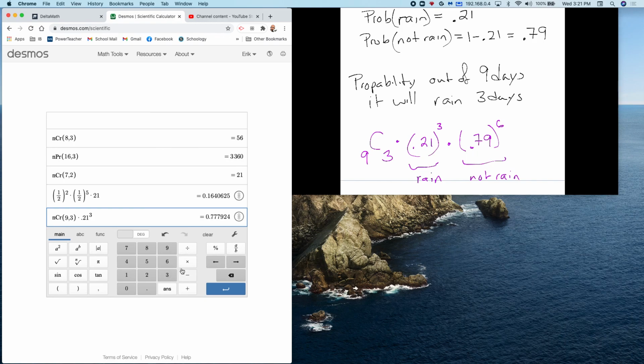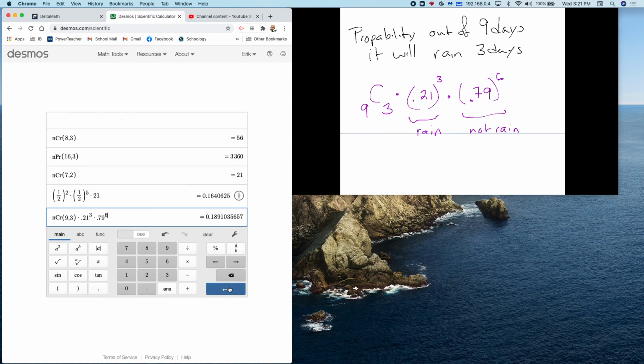Then I do times 0.79, because that's the days it's not going to rain, and I got 6 of those. And what I find out is my answer is 0.189103565